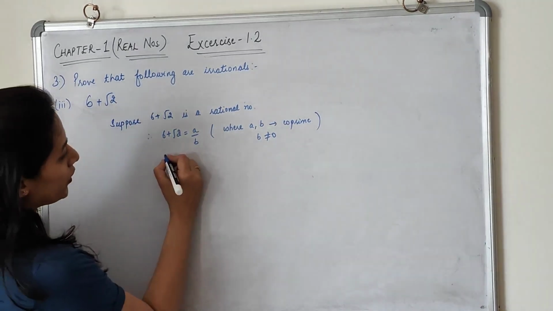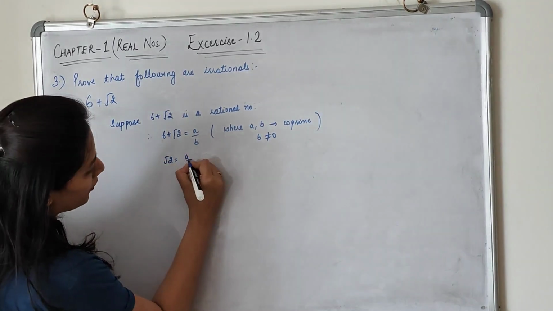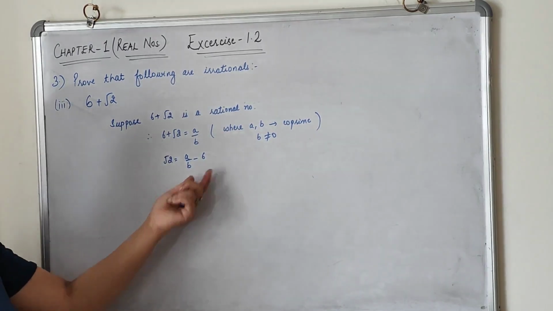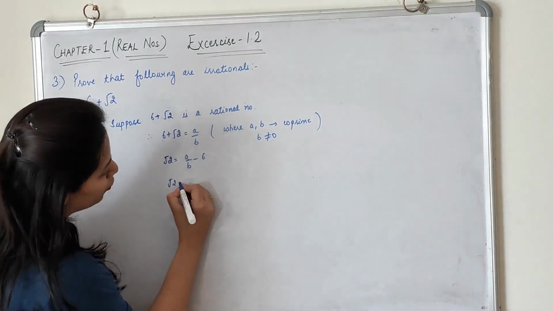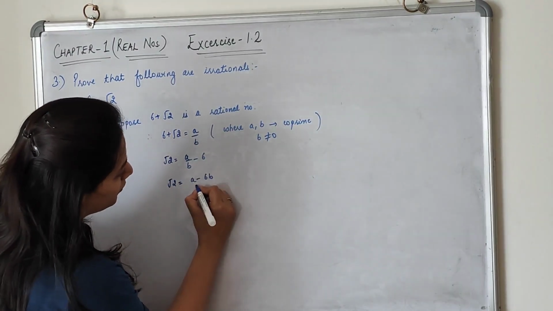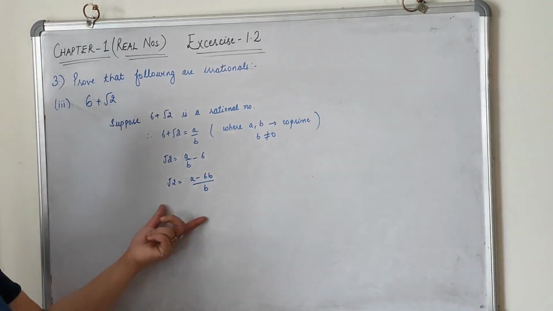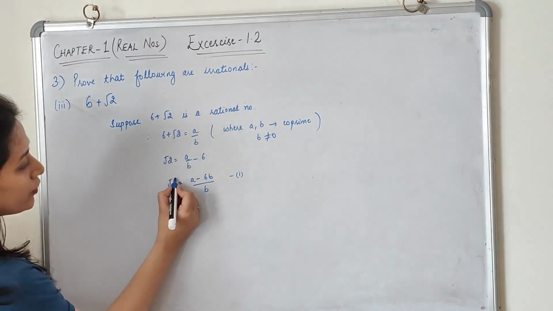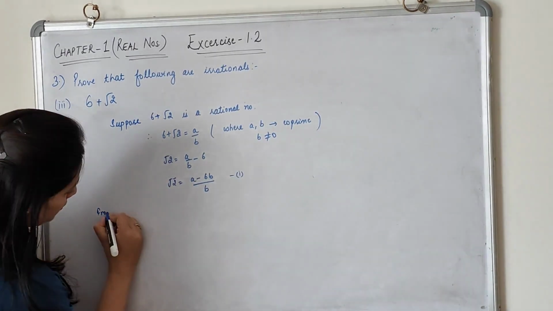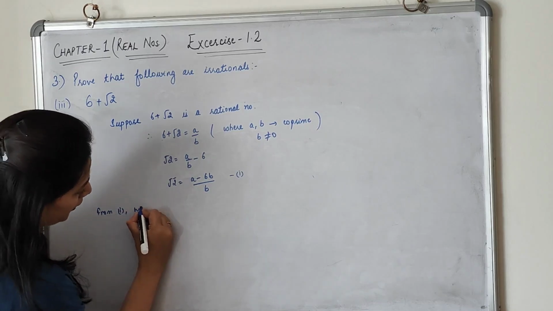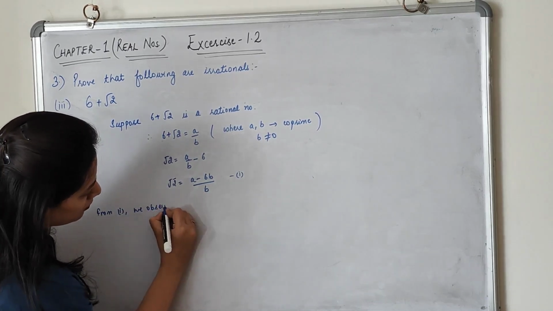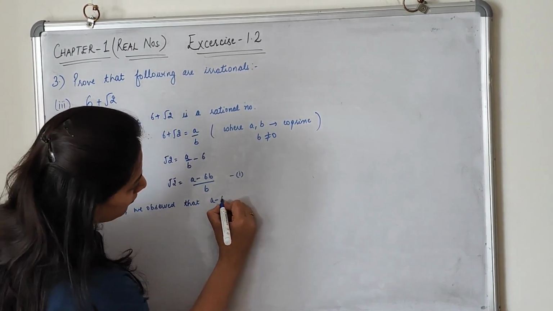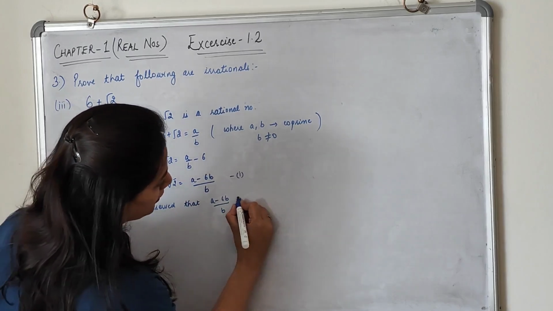Rearrange these values. What we get? Root 2 is equal to A by B minus 6, and take the LCM of this right hand side part. What we get? Root 2 is equal to A minus 6B upon B, and make it equation 1. So from 1, we observed that A minus 6B upon B is a